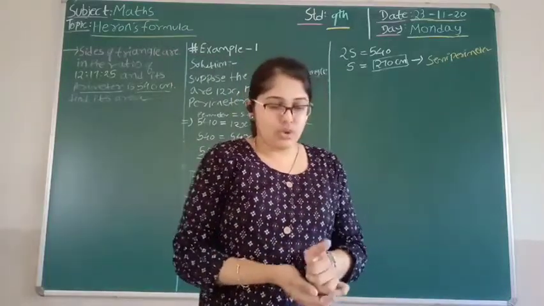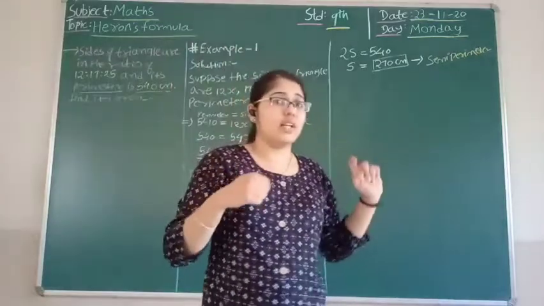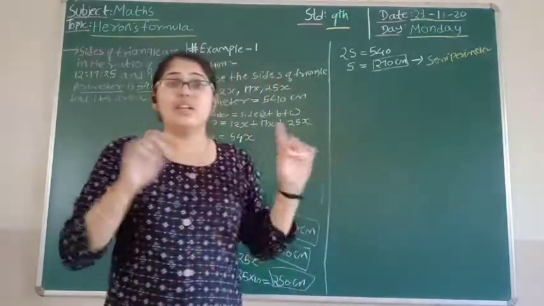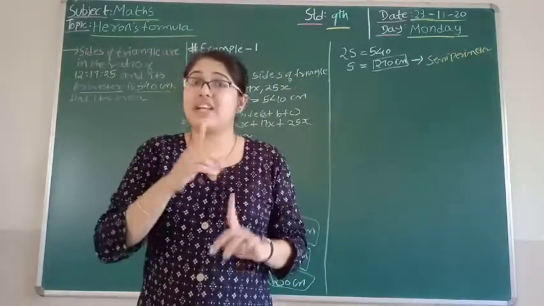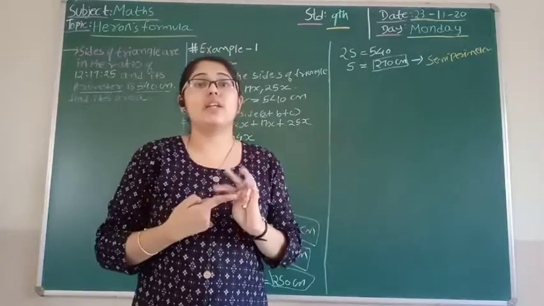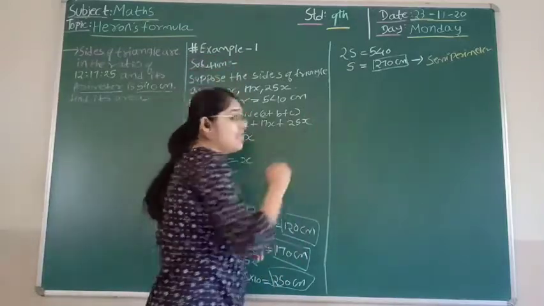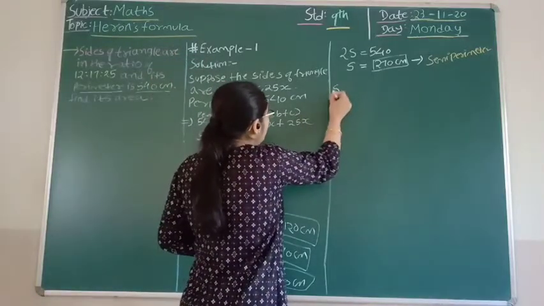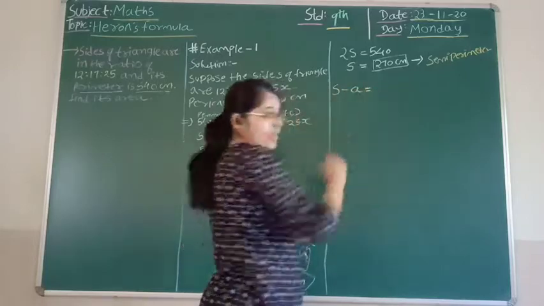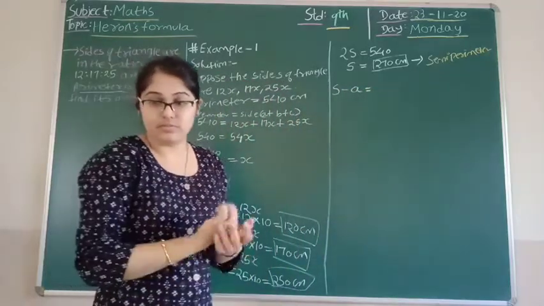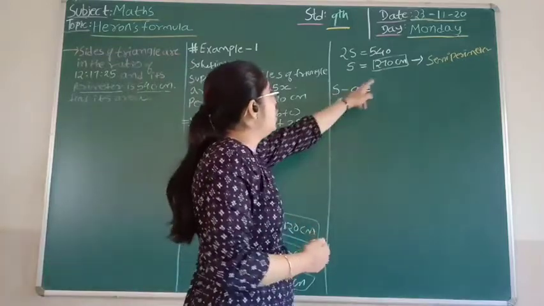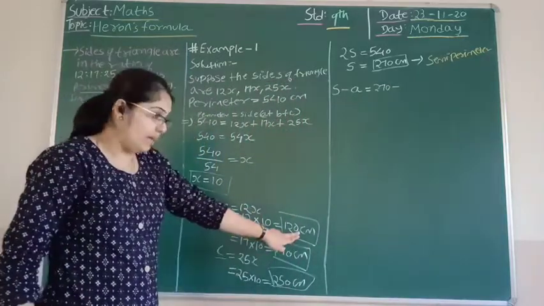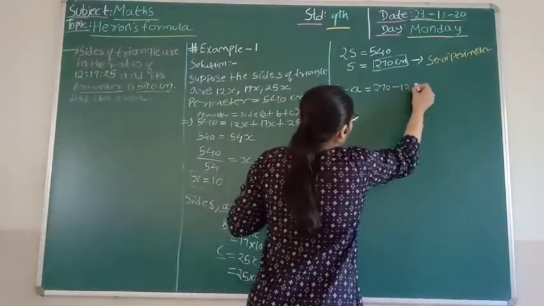Now as I told you, we need to find the semi-perimeter. This is almost done. We need to find the sides. It is also done. Now we need to find about the formula. So we know we need to find s minus a, s minus b, s minus c. So I'll write over here that we are going to find s minus a. s minus a is nothing but equal to, so s is basically 270 minus 120 is nothing but equal to